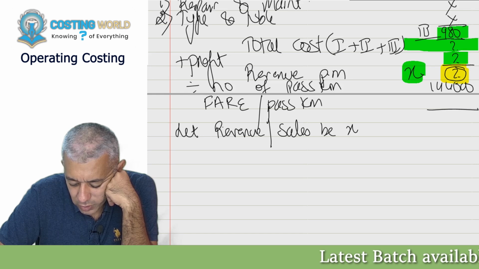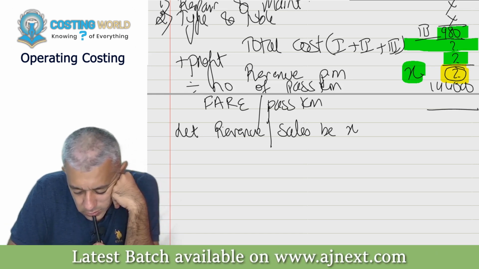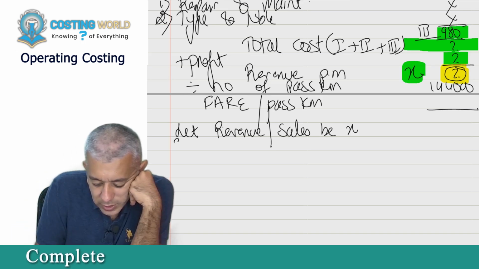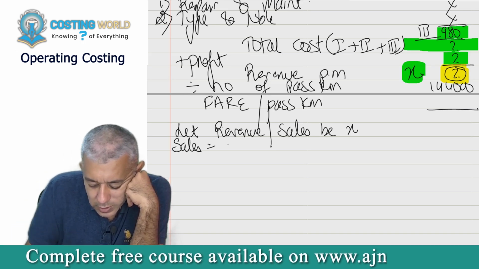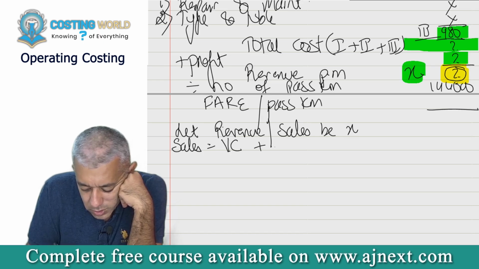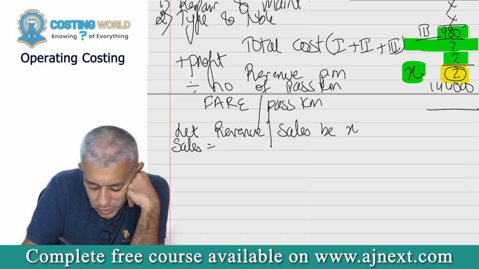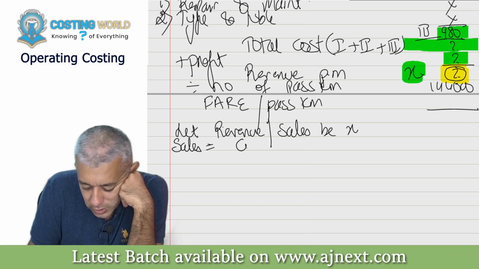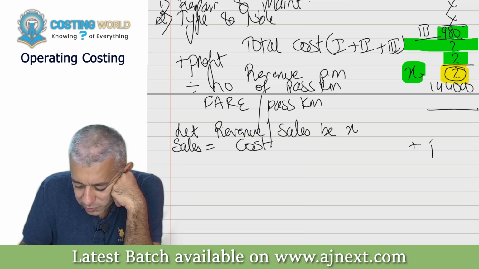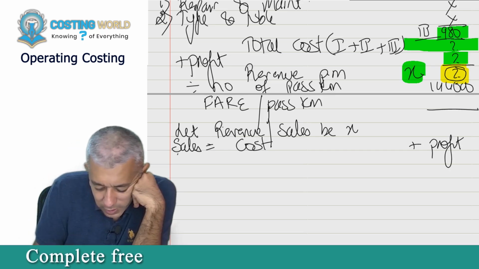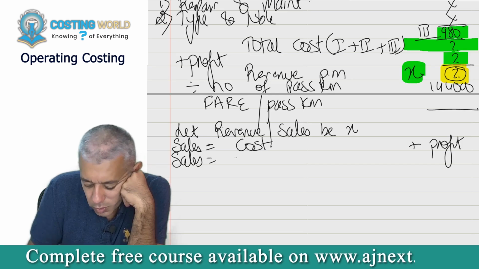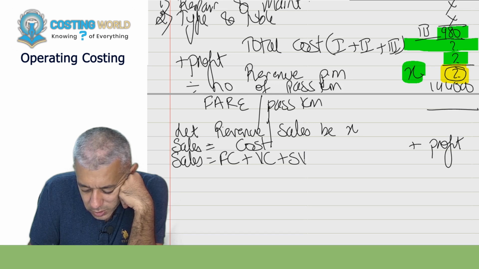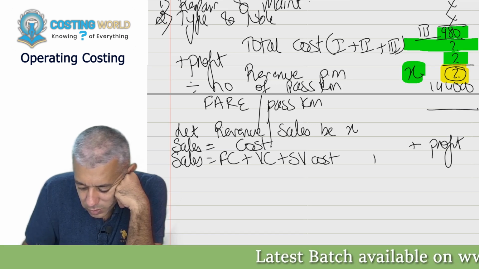Now revenue or sales be x. So sales is equal to... see what I am writing, variable cost. No, I'll write down in the same order. Sorry, fixed cost. No, sorry. Write down sales is equal to cost plus profit. And then we'll write down on the next line, cost means fixed cost plus variable cost plus semi-variable cost